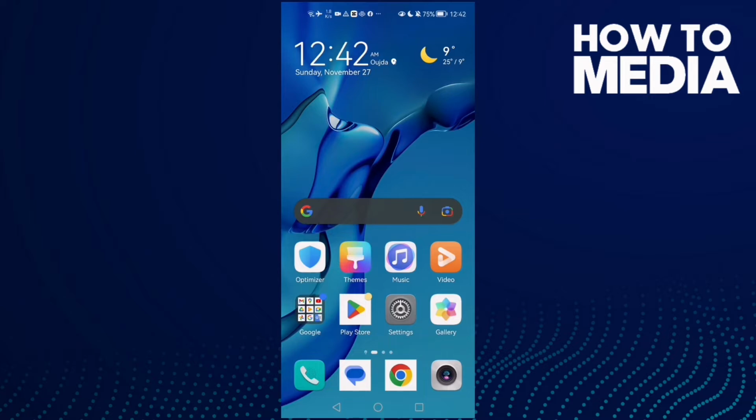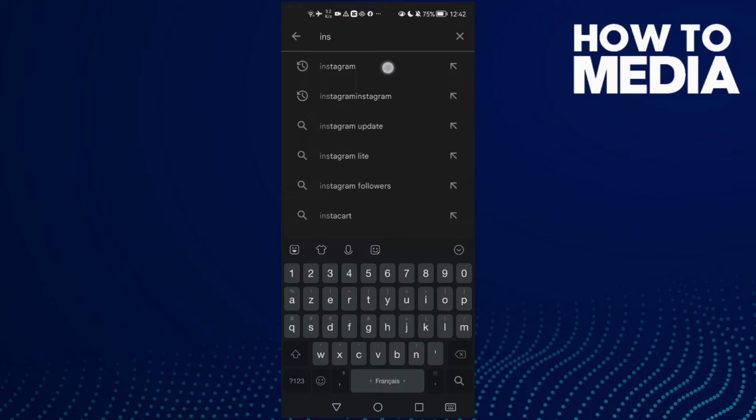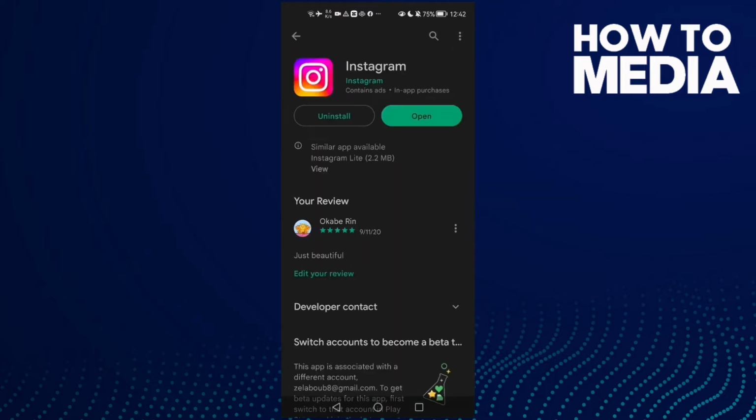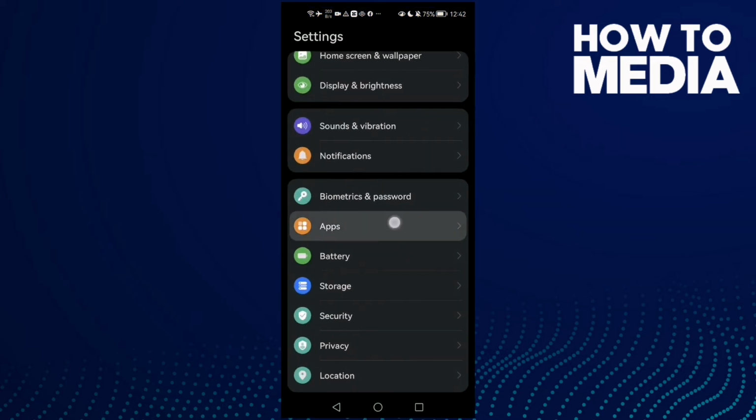First, open Play Store or App Store and type Instagram, then click on it, and as you see, here you will find Instagram. Now just check if there is any update for Instagram, and if you find an update, just click on it. Now go back, restart your phone and try again, and if that doesn't fix your problem, go to settings, apps,